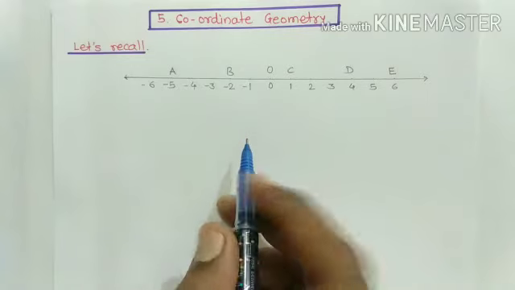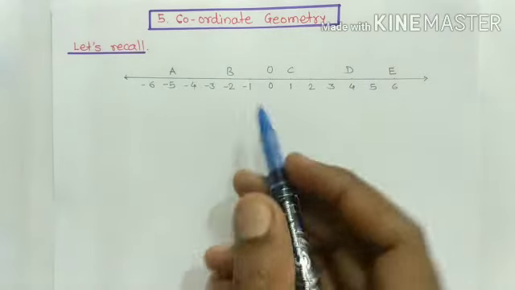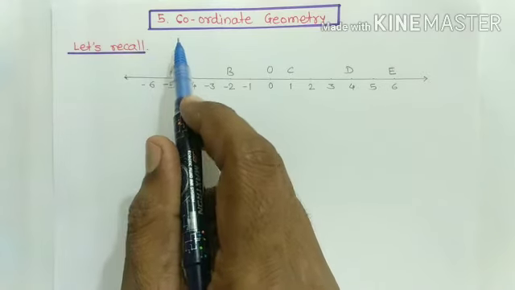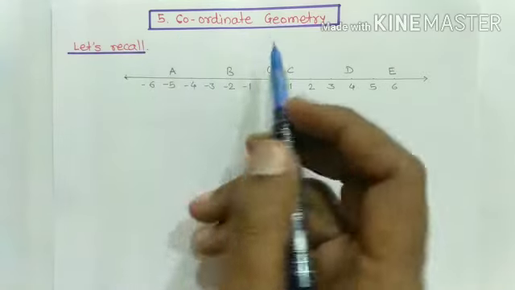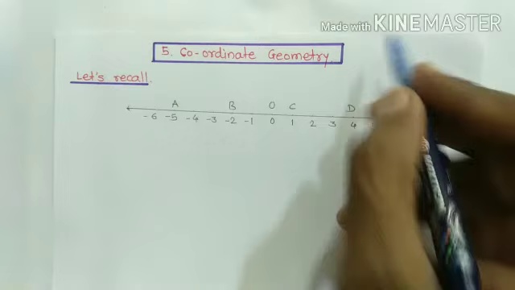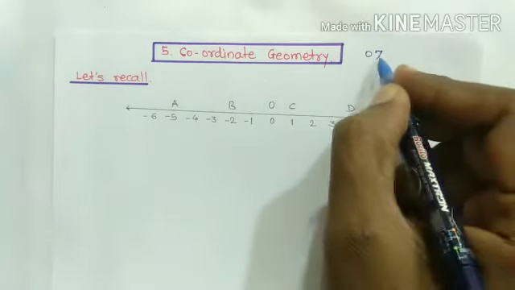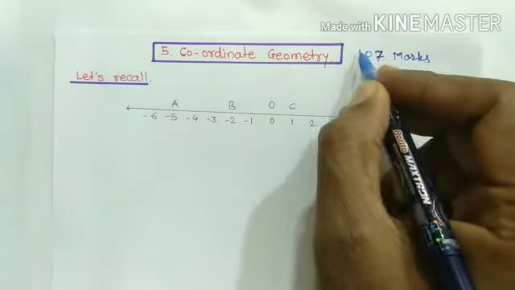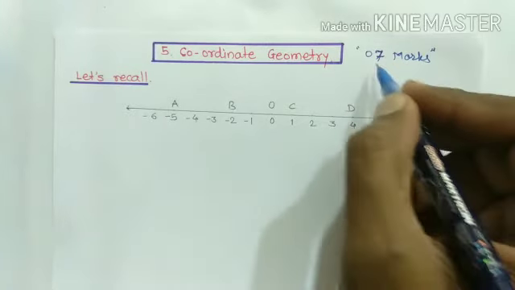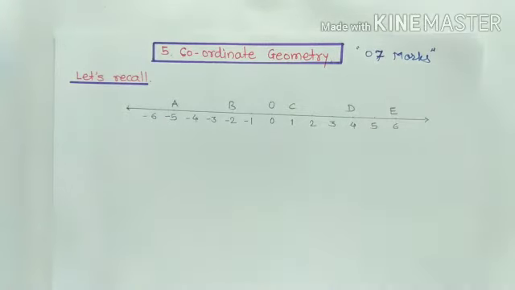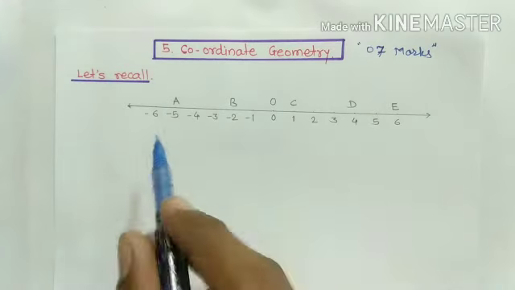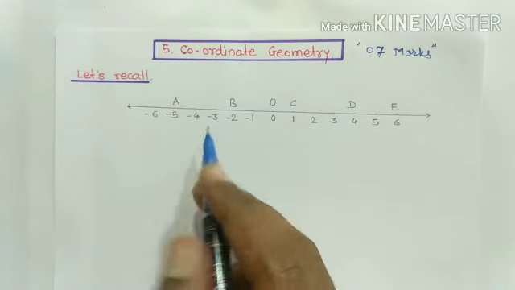Hello friends, in this video we are going to start the new chapter, that is fifth chapter of maths paper second, that is the coordinate geometry, which is asked for 7 marks in our board exam. It means that the questions based on this chapter are of 7 marks in our board exam of maths paper second. And before starting to study the new concept, first we recall what we studied in the previous standard about